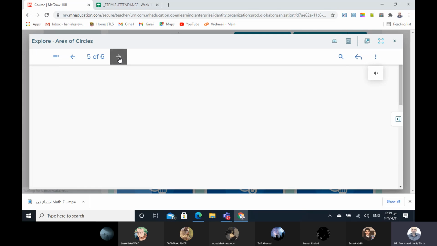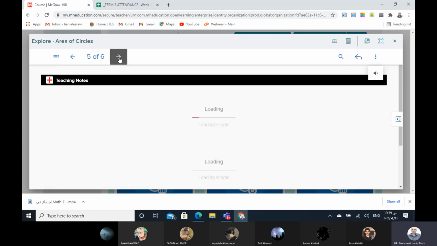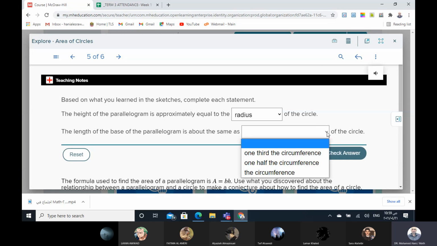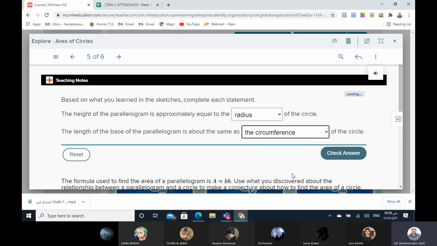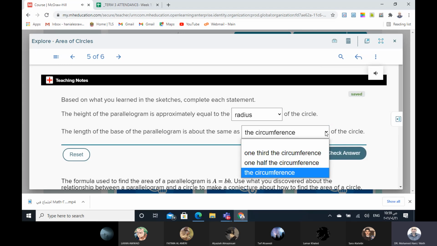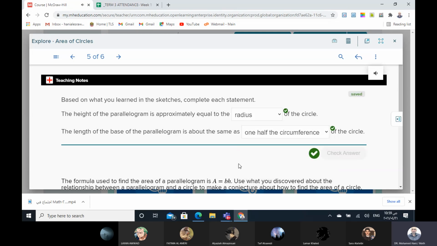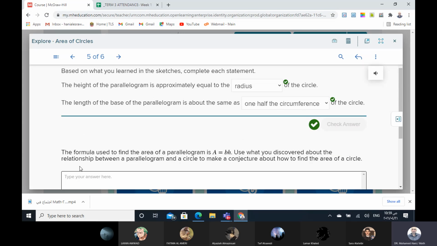So that means, if we choose the whole circumference, we are wrong, because we have the top and the bottom, which means 1/2 of the circumference. 1/2 of the circumference. So the formula used to find the area of the parallelogram, as you remember, A equals base times